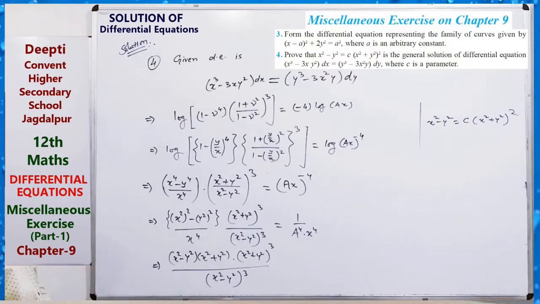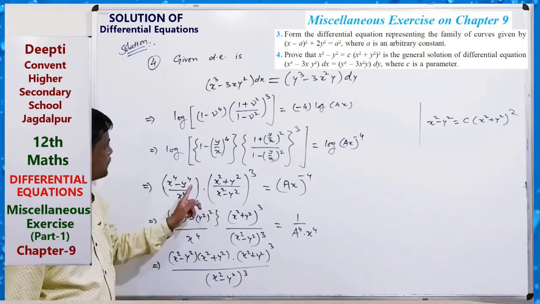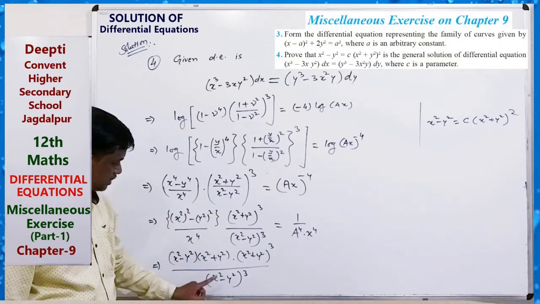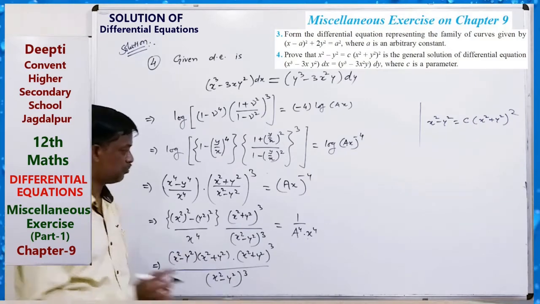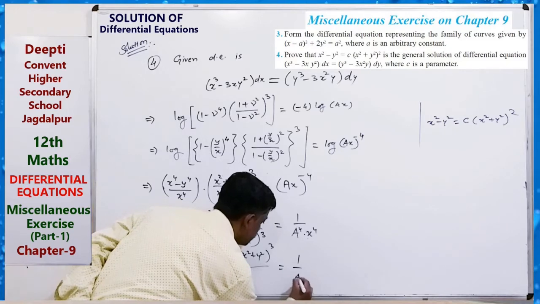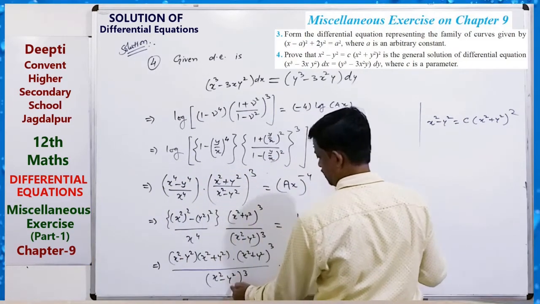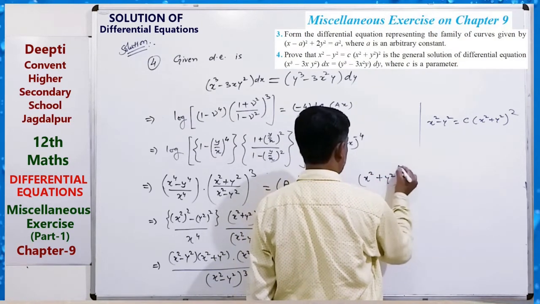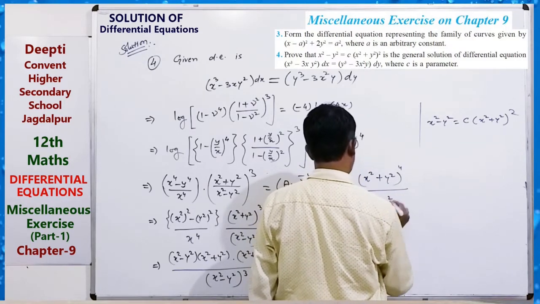So from here, one power of x square minus y square is cancelled out, and this into this to the power 4, so 1 by a to the power 4. Now solve it. 1 power cancels, this to the power 4. So x square plus y square power 4 upon x square minus y square,